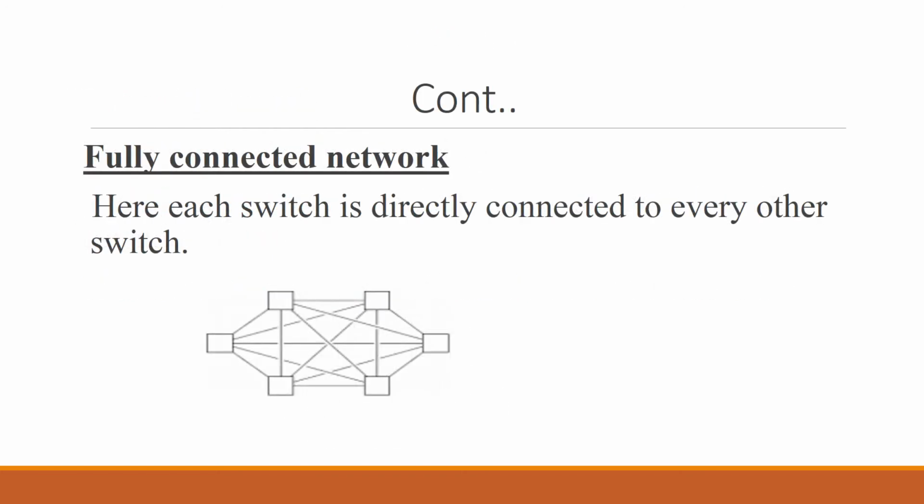Next, fully connected networks or mesh topology. So in this mesh topology, each device is connected to every other device that is available in the network by a dedicated point-to-point link. Dedicated link in the sense, the link that is established between two nodes is used by those two nodes itself. It will not be shared by other devices. Suppose there are n devices in the network, then each device is connected with n minus 1 devices and the total number of links in the network is n into n minus 1 divided by 2.